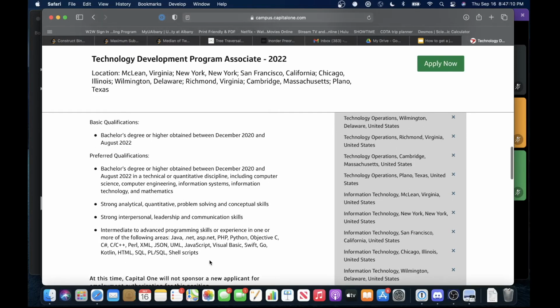So this is a very vague job description or job posting. What this means is that you can expect there to be a lot of people in the applicant pool. But what it means for you is that you can use a lot of your experiences for your resume for this position. Literally any UAlbany student should apply for this, and technically you're all qualified.